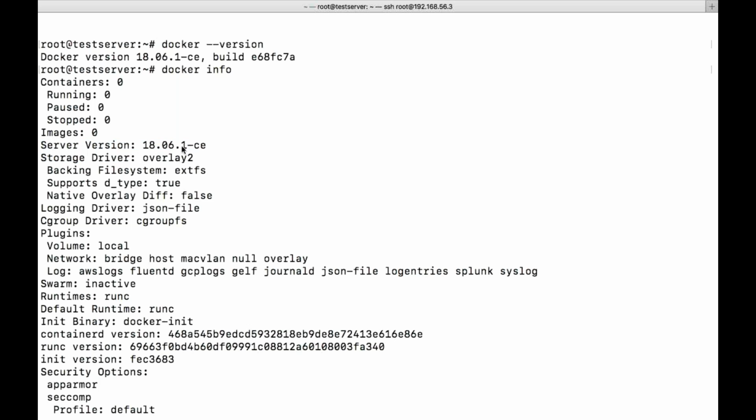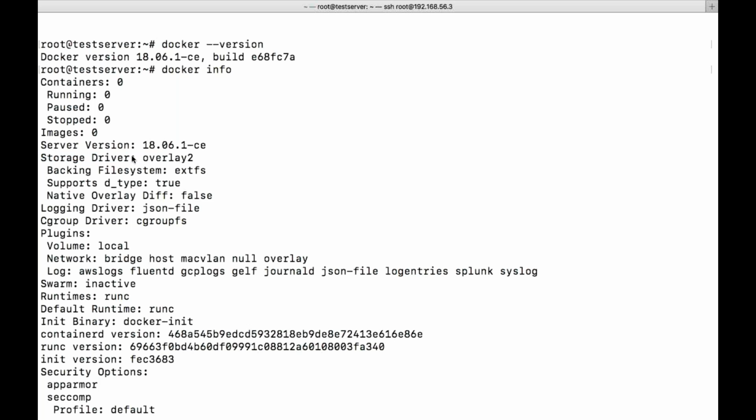Then storage driver. Storage driver in the sense, if you want to store some data on a disk or block device, we need to have a file system, right? In order to write data onto the hard disk, first a file system needs to be set up properly. Like if you take Windows, it is NTFS.